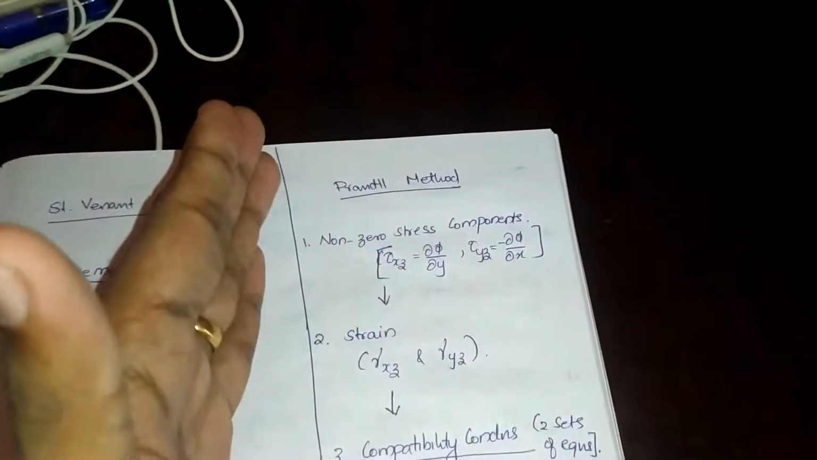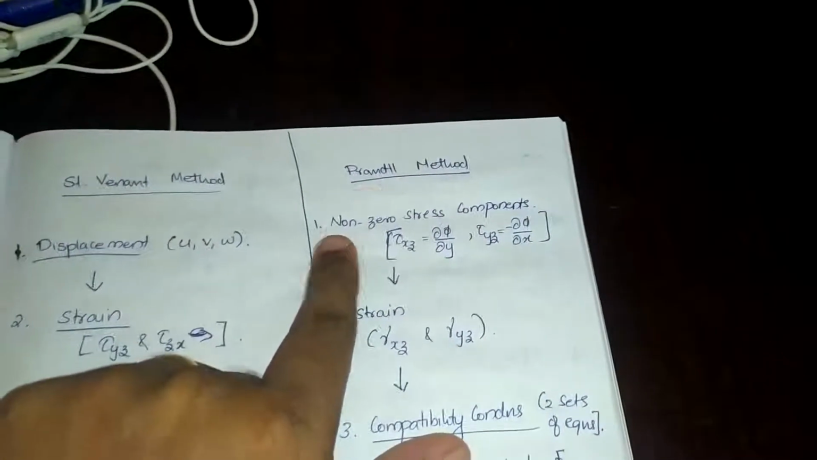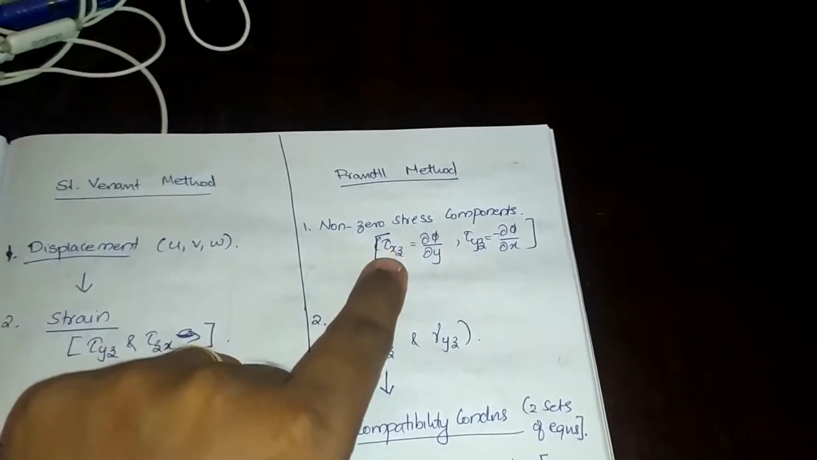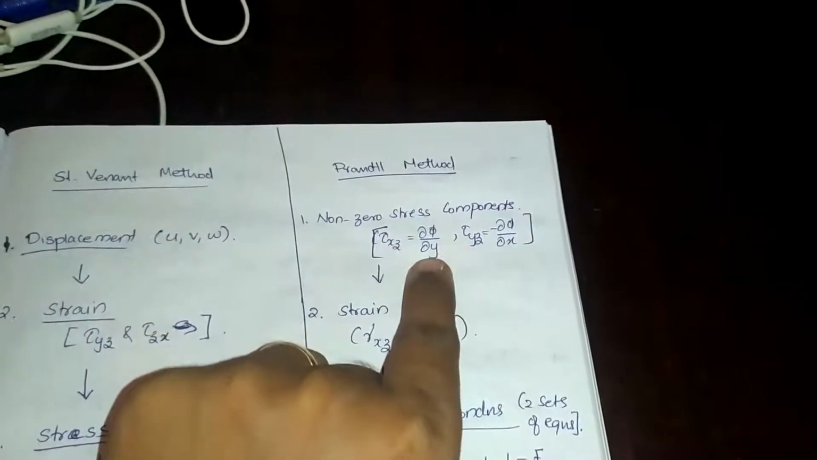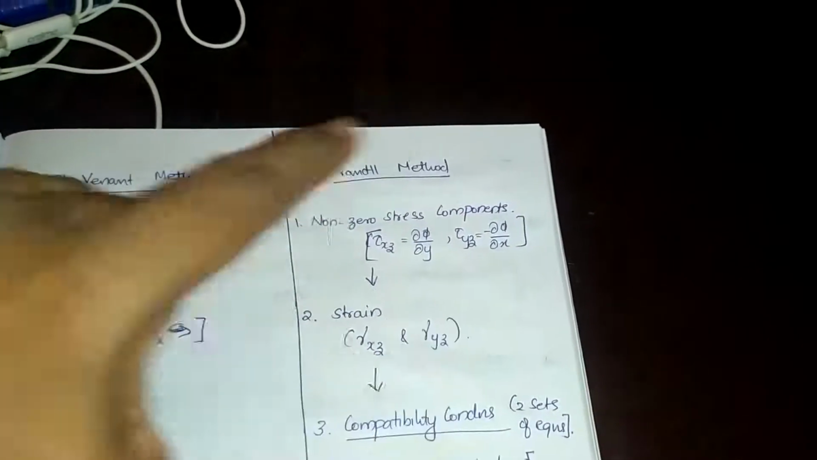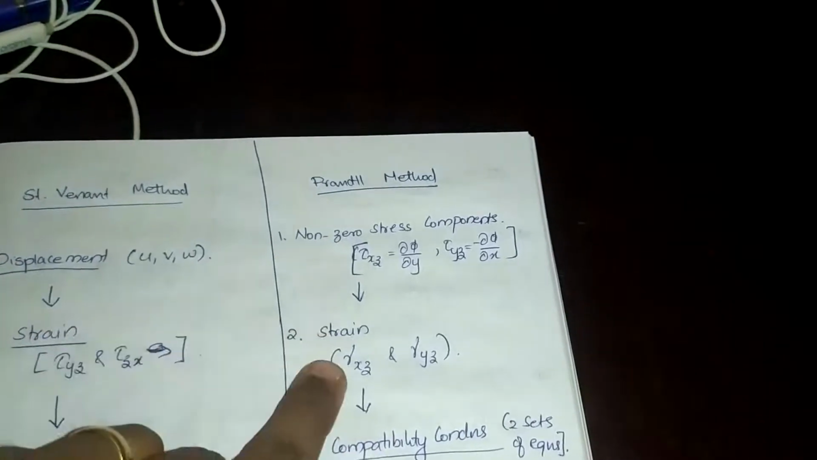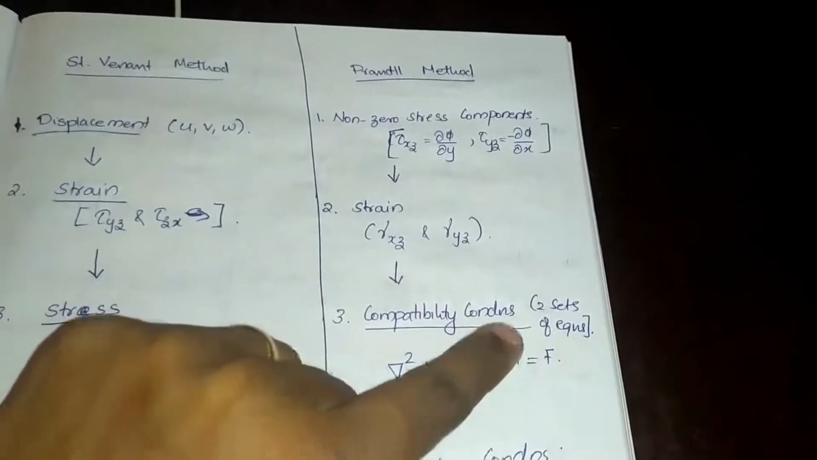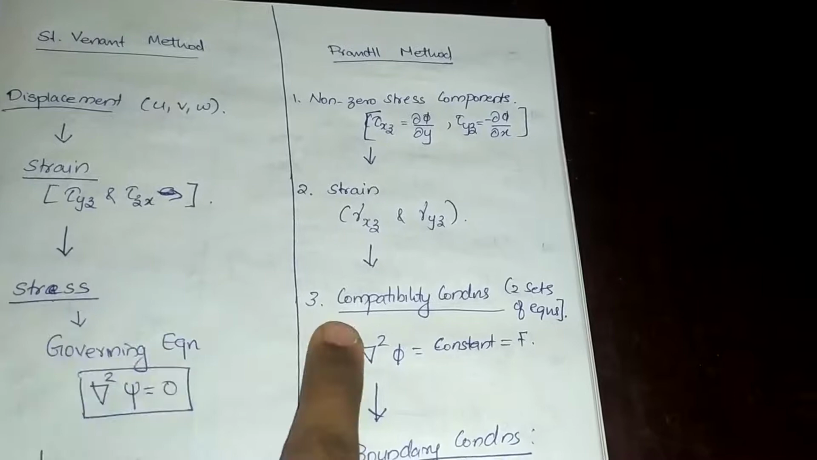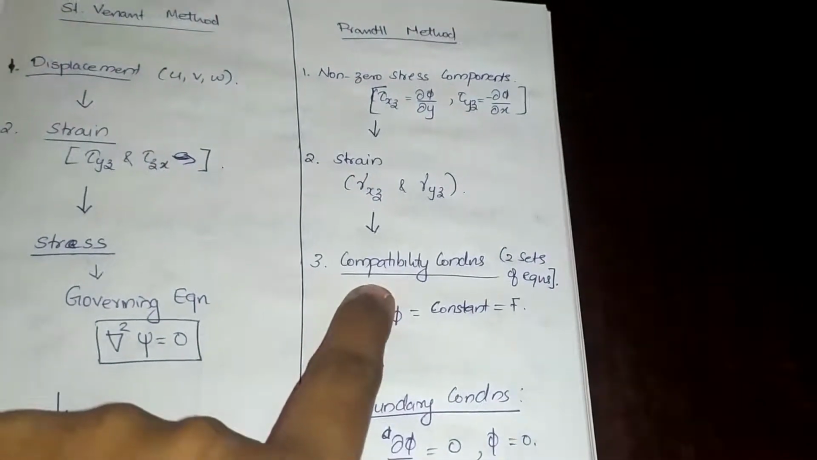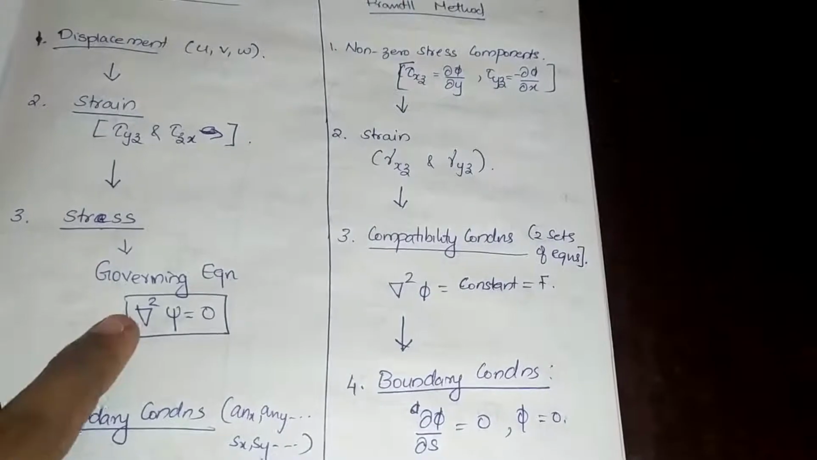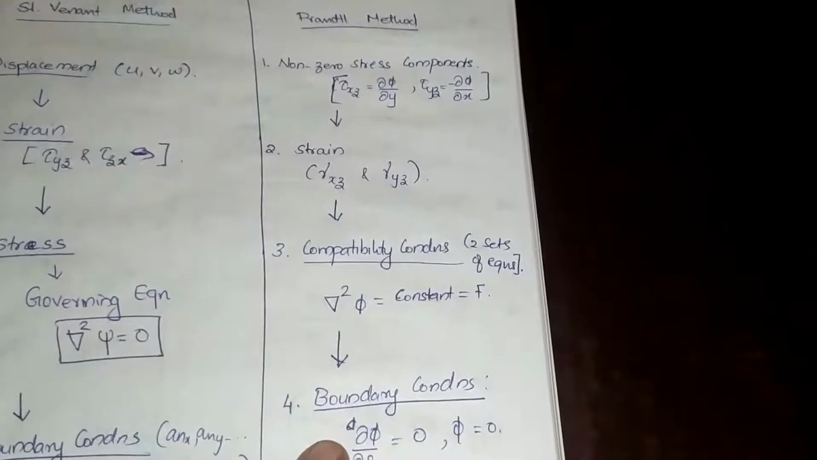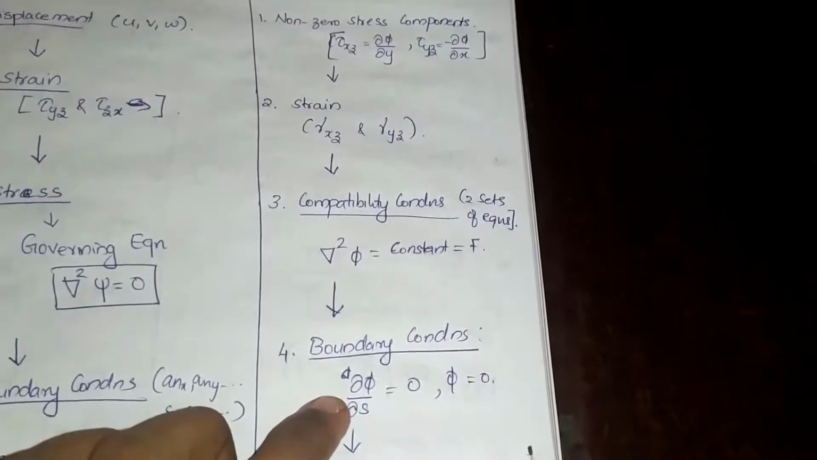In the case of the Prandtl method, first you consider not the displacement but the non-zero stress components, that means tau xz and tau yz are assumed with some values. Then you find the corresponding strain. Now there is a different thing that we are doing: the compatibility condition. We get this equation from compatibility conditions, whereas here we will just get this from the stress equations itself. Now we'll go for boundary conditions, and in that we get dou phi by